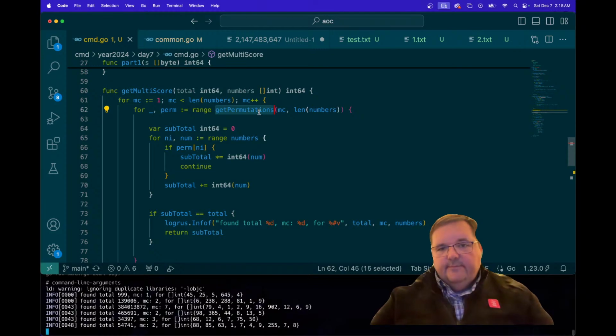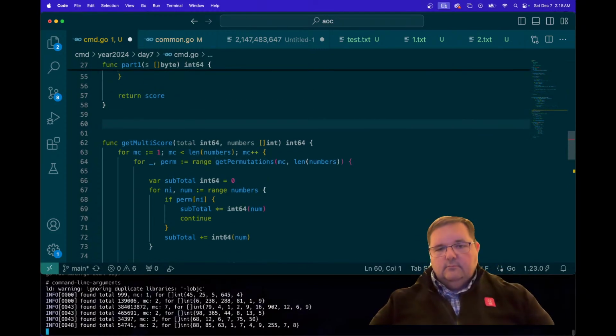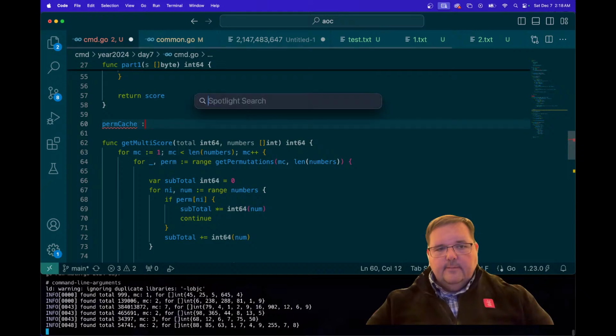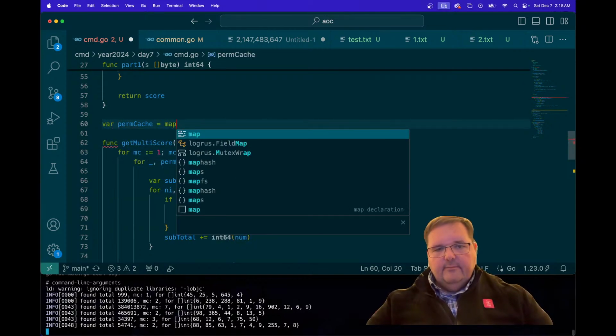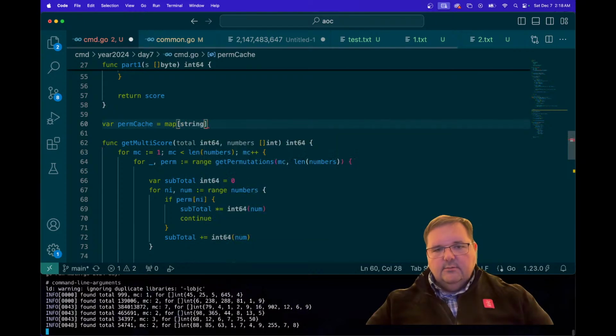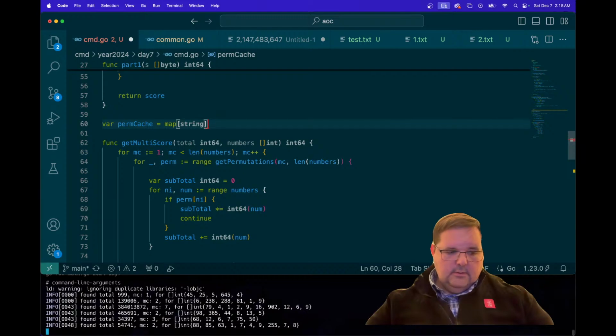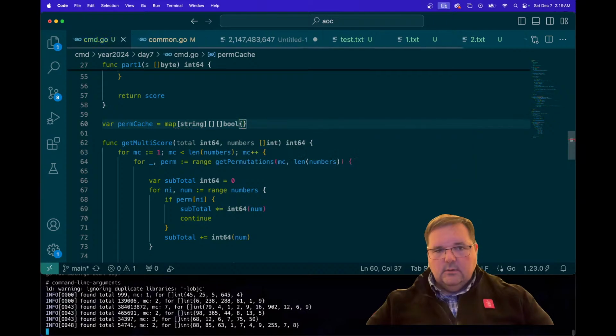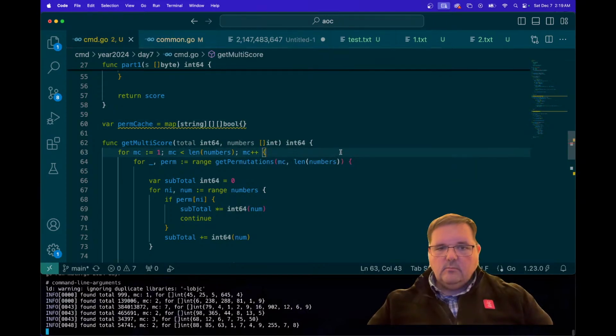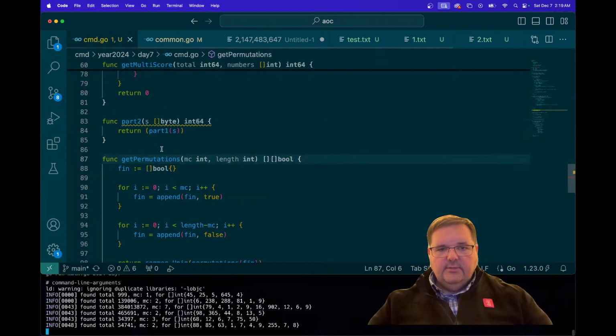In fact, let's make a map of string to slice of bool, and when we call get permutation,